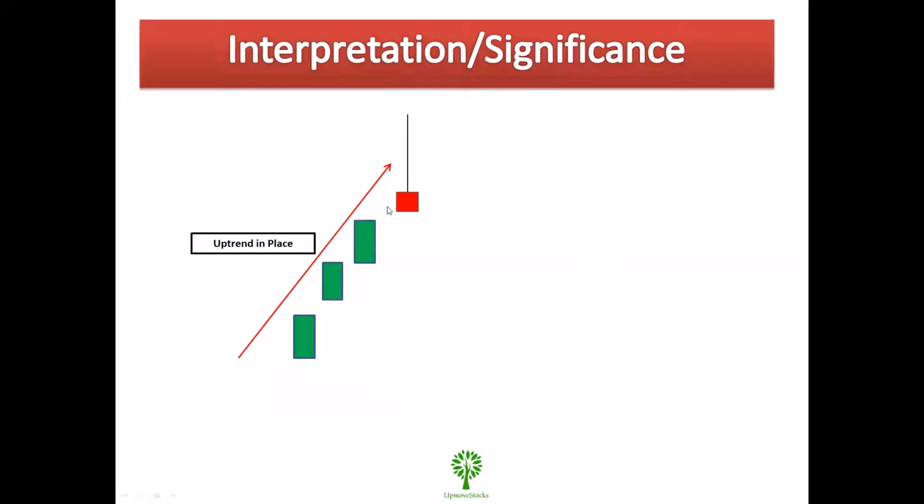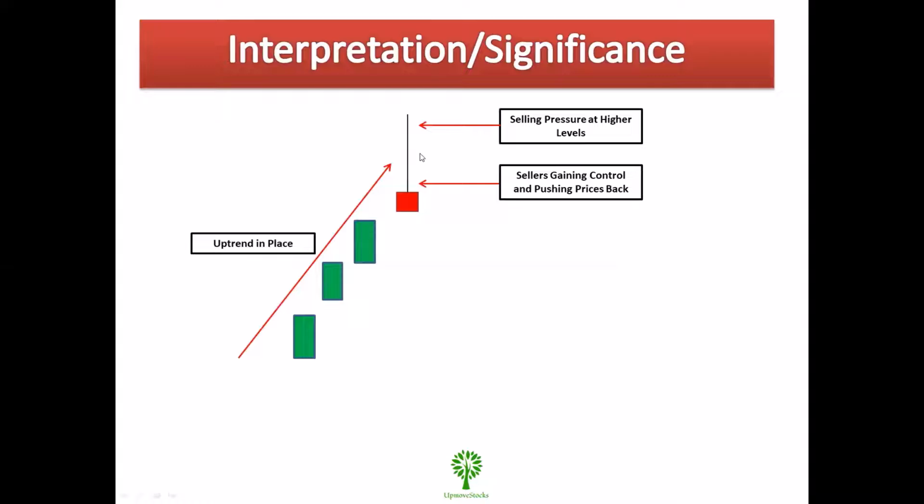So if this kind of a candle appears in the chart, you need to ensure that the upper wick is twice the size of the real body to make sure that it is a shooting star candle. Again, it may or may not have a lower wick. So what does the long wick indicate in the candle? How can you interpret it?